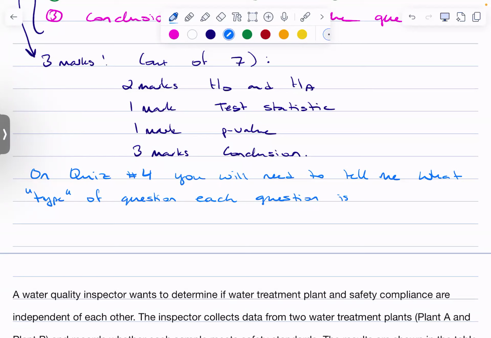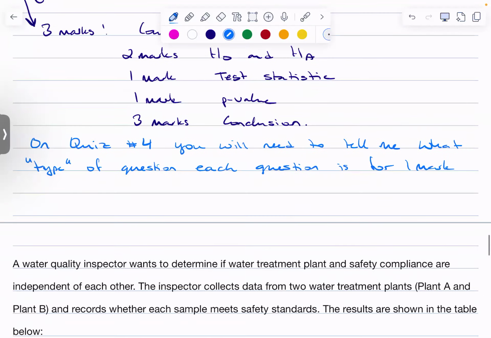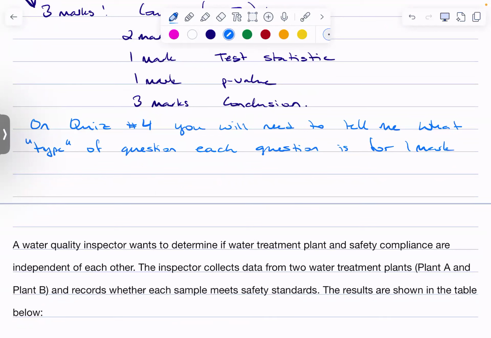So you'll need to tell me what type of question each question is for 1 mark. And your options for this quiz are a 1 sample proportion, two sample proportions that you want to compare,